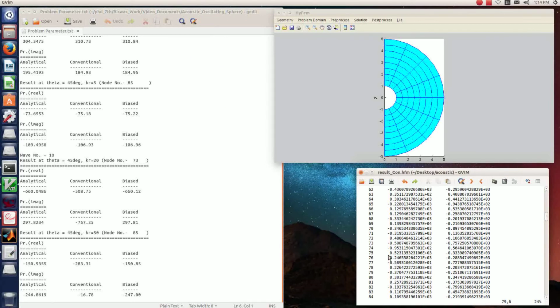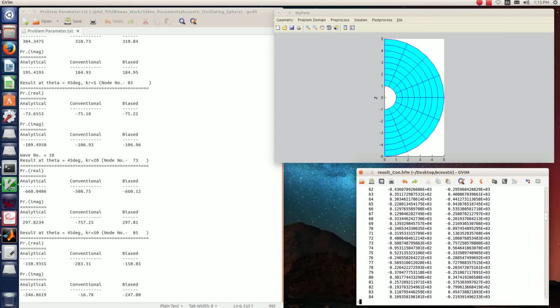This is the first column, which is the node number. This is real pressure, this is imaginary pressure. For node 73, the real pressure is minus 508.75, whereas imaginary pressure is minus 757 with conventional formulation.